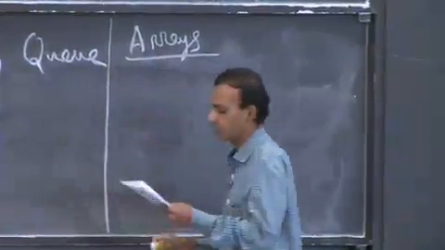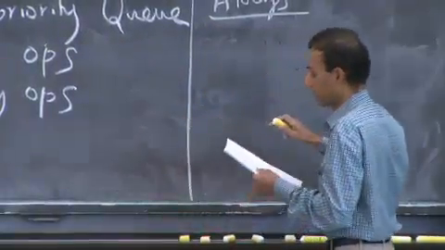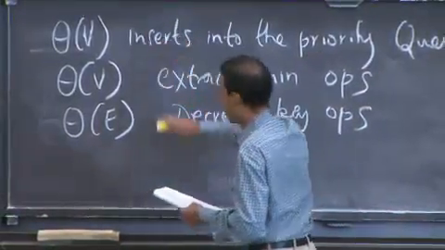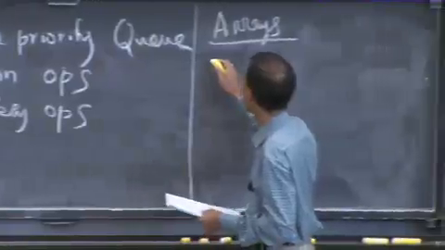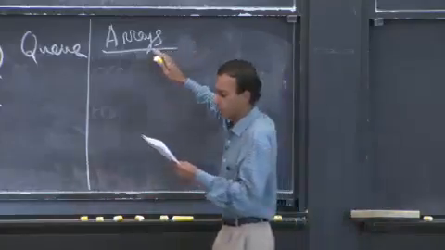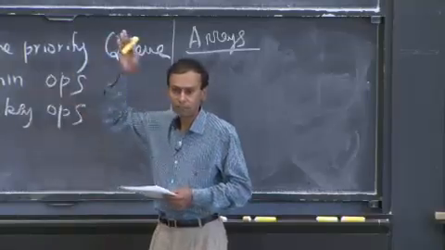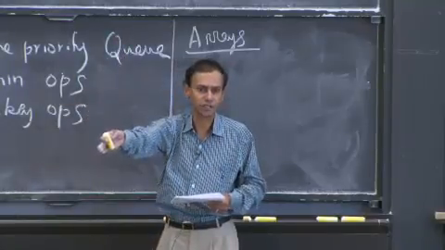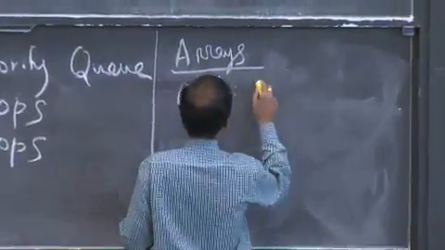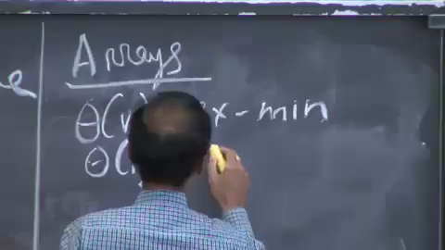Let's look at the complexity of Dijkstra for arrays. So suppose I ended up using an array structure for the priority queue. Then what do I have? If I look at my extract min, what is the complexity of extract min in an array? Theta V. And what's the complexity of a decrease key in an array? I just go access that element and I change it. It's theta 1, right? So I have theta V for extract min, I'll just call it ex min, and theta 1 for decrease key.